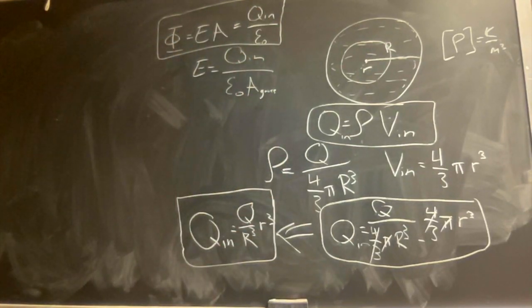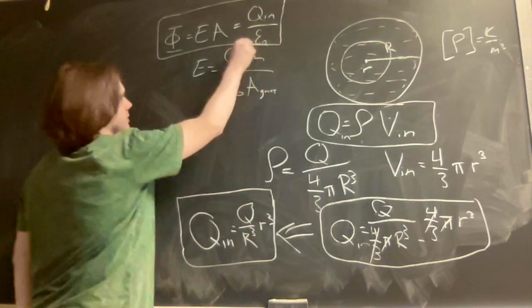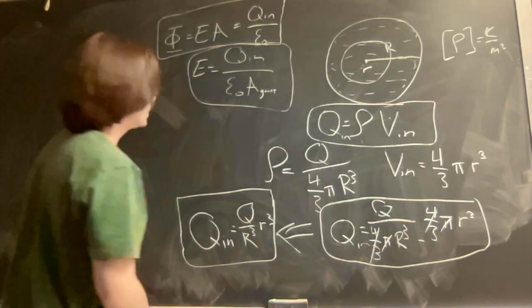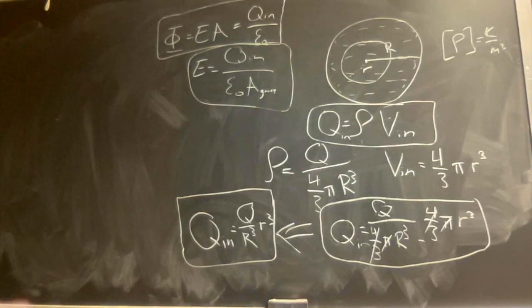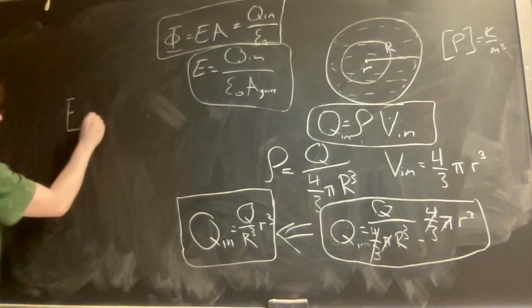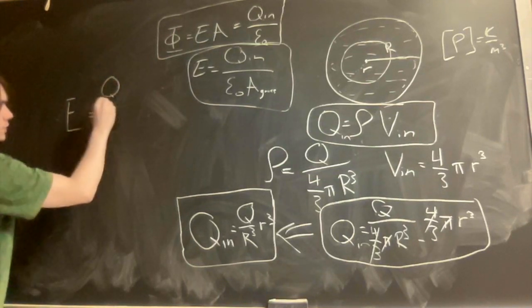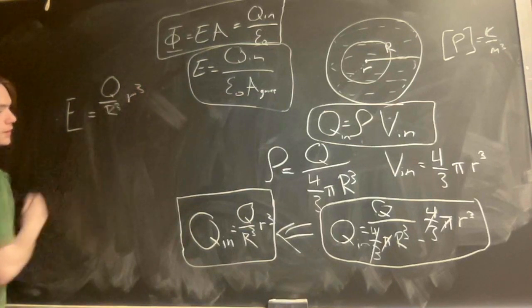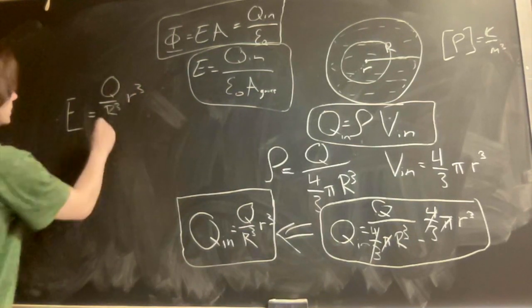So, actually, this equation, sorry, I'm talking about all of it. This one's solved. This is the one we're using, not this one. So now, you do E equals Qn, which we found was Q over big R cubed, little r cubed, divided by epsilon 0